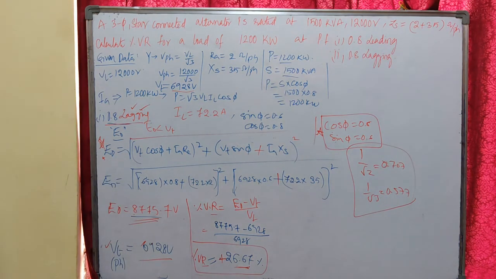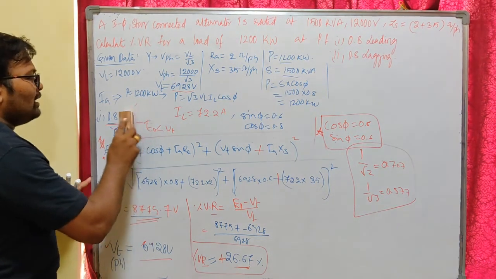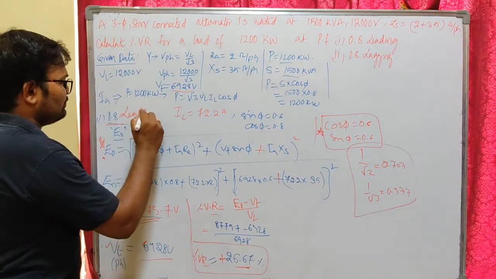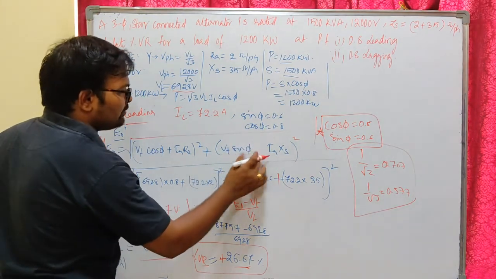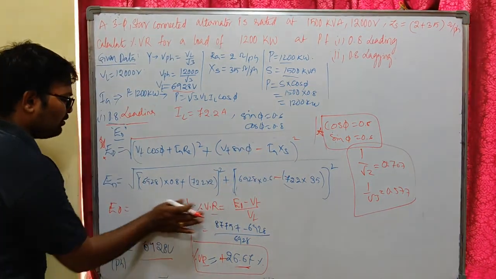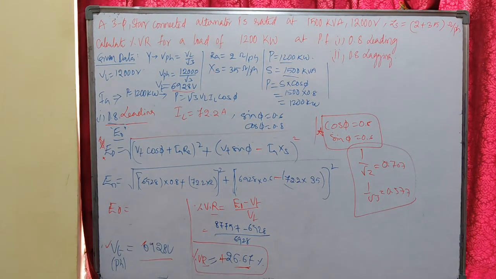Now let us try to perform for leading power factor. So for leading power factor, what will become? Let us find for leading power factor. For leading power factor, this sign will be negative. So let us substitute negative here. You will get a value of E naught which should be